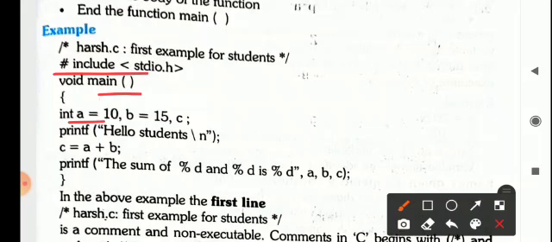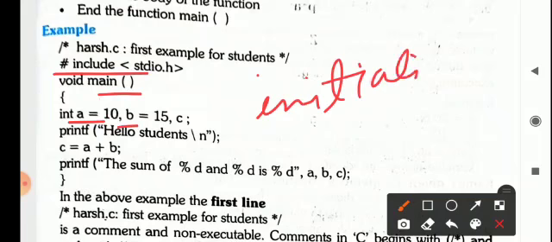Okay. In the same way, with a comma, if you have more variables, you just separate them by a comma, and then b is equal to 15. So that means 15 is the value of b. So the second variable has been initialized. When we give a value to a variable, it is known as initialization. And then the third variable c is there, but its value is not initialized, it is just like that. And then after completing this line, we have to put a semicolon at the end, which was the rule of